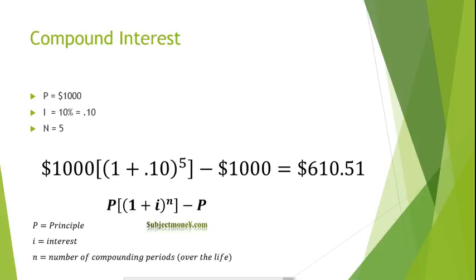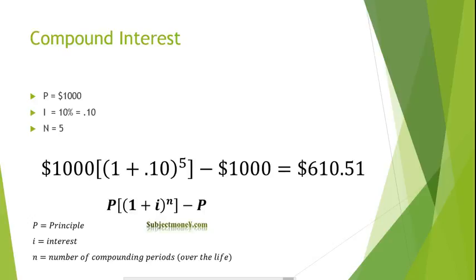So our principal is $1,000. Our interest rate per compounding period is 0.10 or 10%, and the number of compounding periods is 5 years. We plug these values into our formula, and we find that we've earned